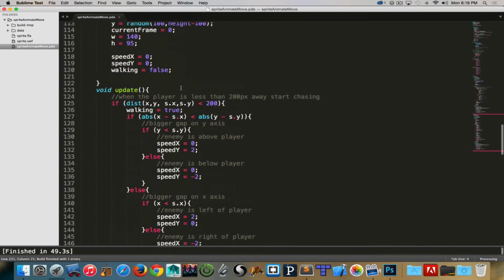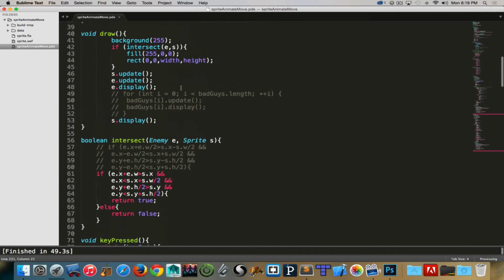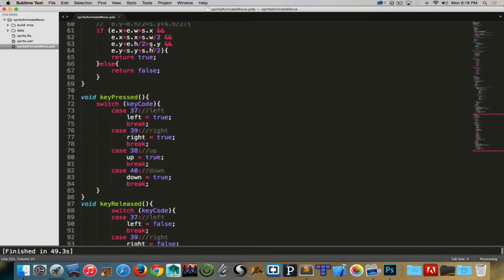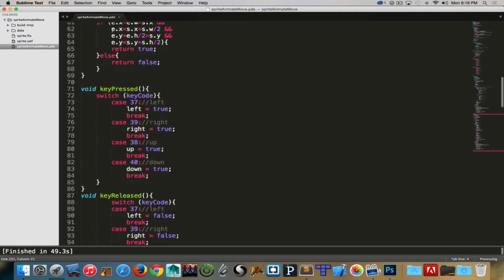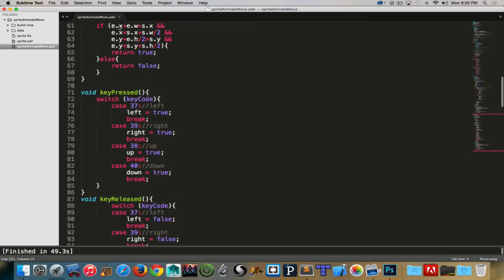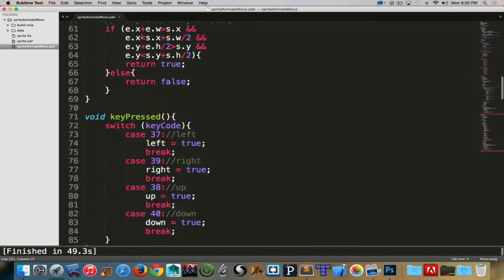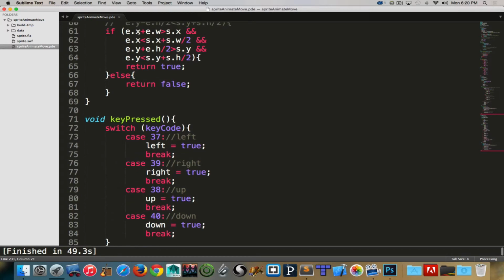Now, looking back at the algorithm that we're working with for the intersection. If we compare within this, we can see I take the x plus its width, compare that to the x of the other object, and if the x is less than the other object's,